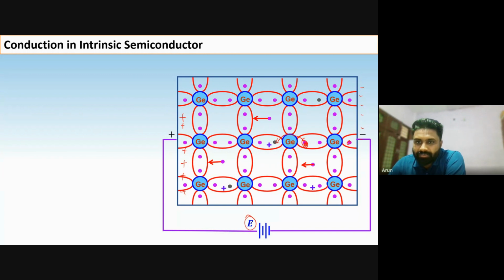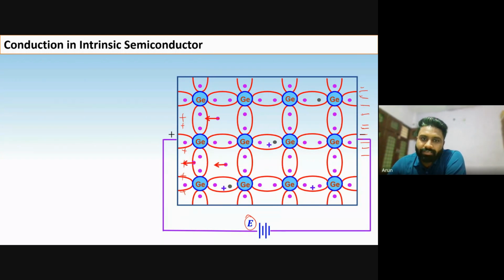Then again this electron will jump to this vacancy, because this is also a repulsive force, na? Here is also negative charge, and negative charge repels negative charge. An electron carries a negative charge, so these electrons repel. They can fill this energy level. So here the hole is moving in that way, again in this way. So we will see that it will appear that the hole is also moving towards the negative plate.